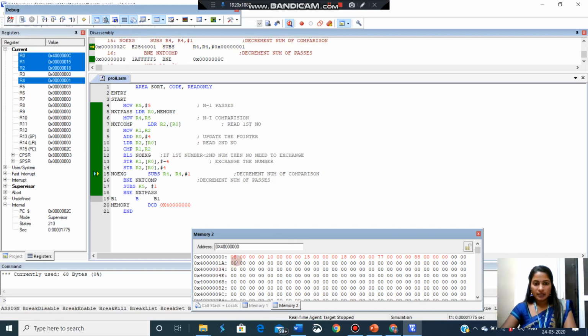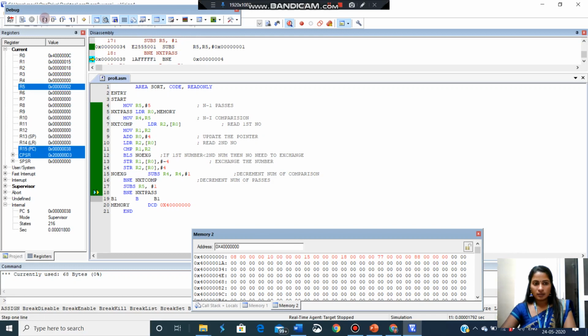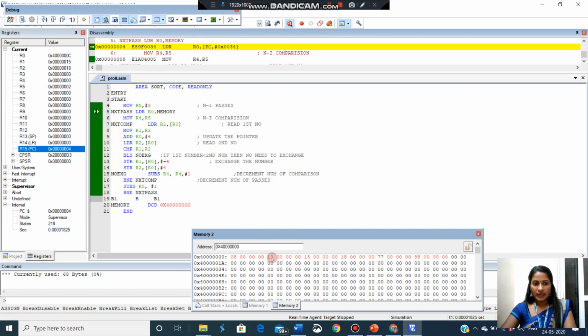At the end, this is the result: 8, 10, 15, 18, 77, 88. This is the execution part of this sorting program. If you want to find the descending order, then you have to change this instruction. Instead of BLS, you have to put BHI. Thank you.